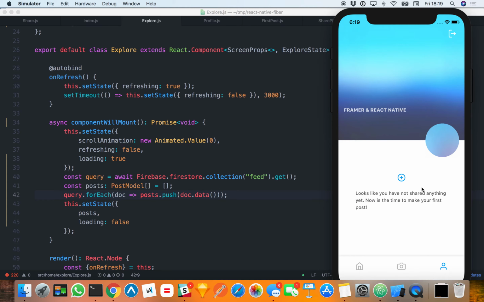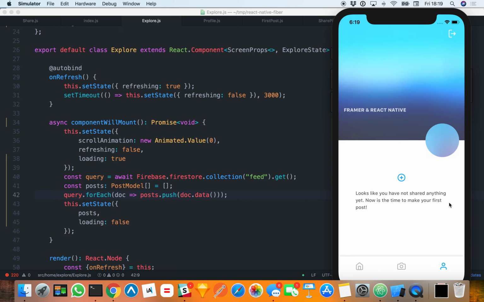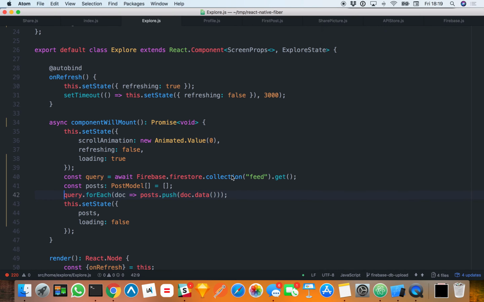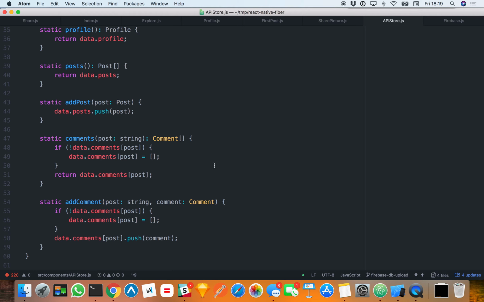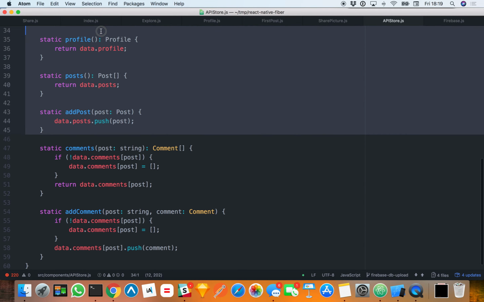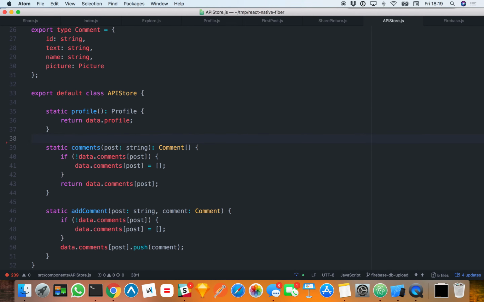Cool. So now let's do the same in profile. Images are not loading anymore. I really need to check what's going on. Anyways, some small cosmetic things. So let's remove these two functions, and in profile